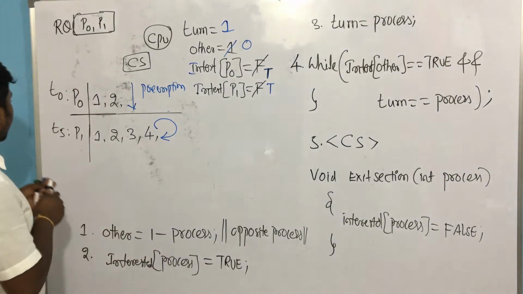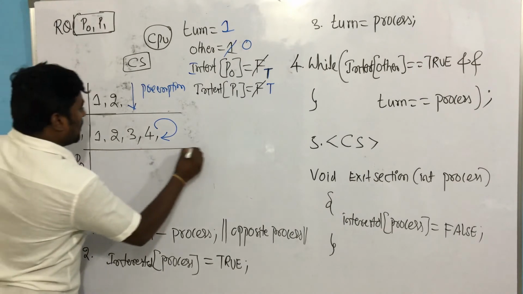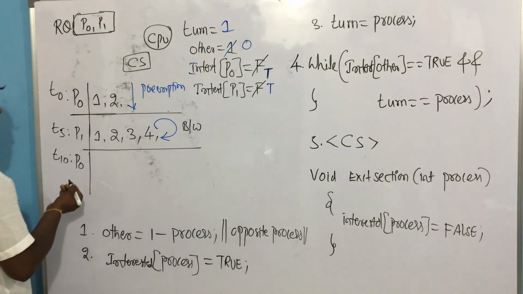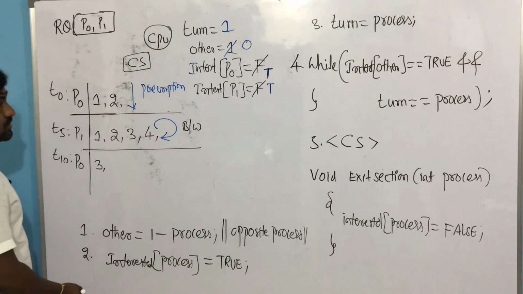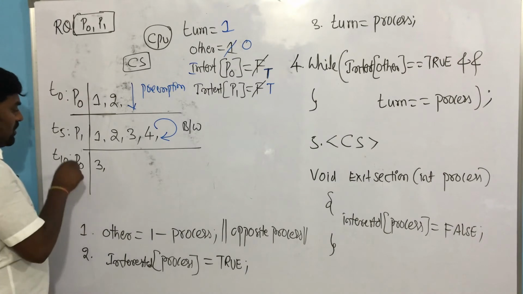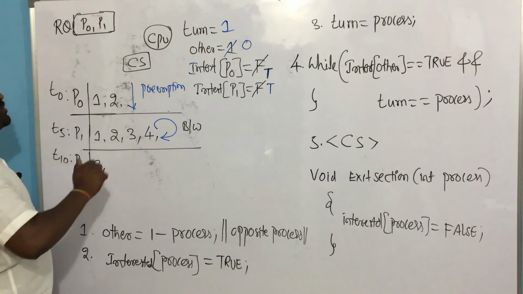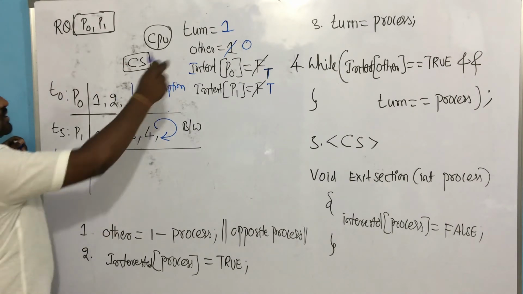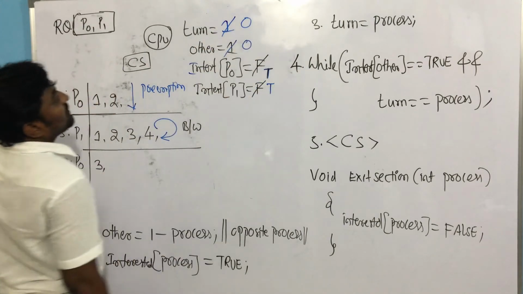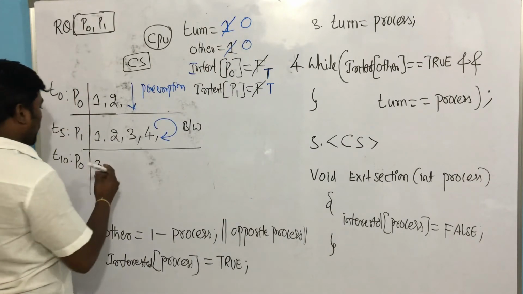After some time, when you get the chance at time T10, assume that process P0 will get the chance for execution. Are you getting this? P1 going to be in busy wait? Yes or no? Busy wait. Now P0 will start which instruction? Third instruction. What is the third instruction? Turn equal to process. Now see, P0 is going to run the third instruction, process being P0. P0 is going to update the turn value. Now look this, third instruction: turn equal to process. Who is process? P0. So I am updating the turn value to 0. P0 updated. Now the fourth instruction. What is the fourth instruction now?